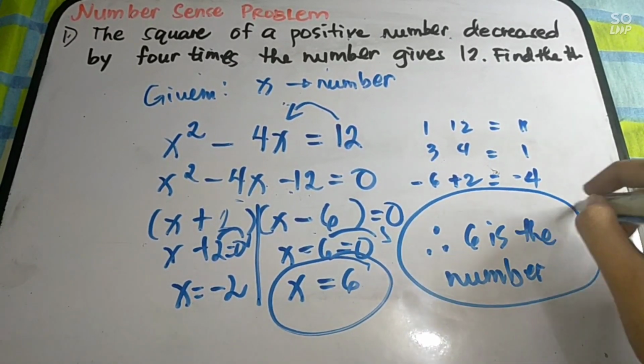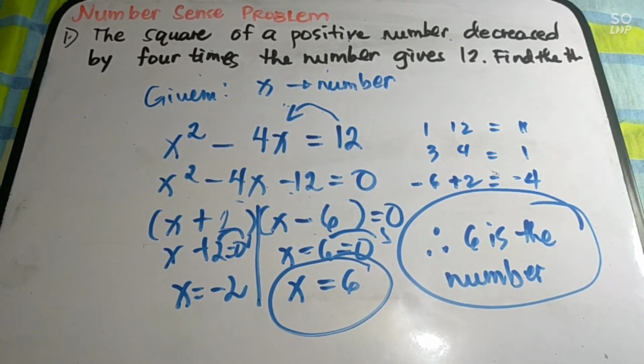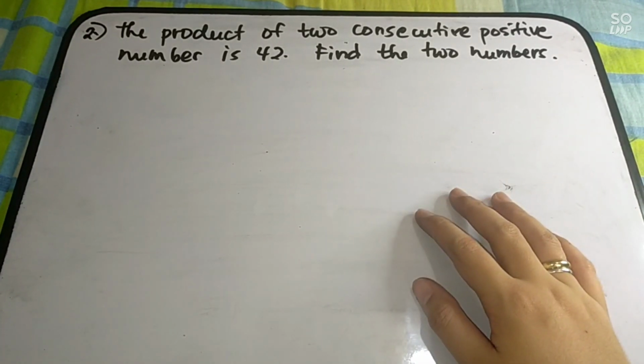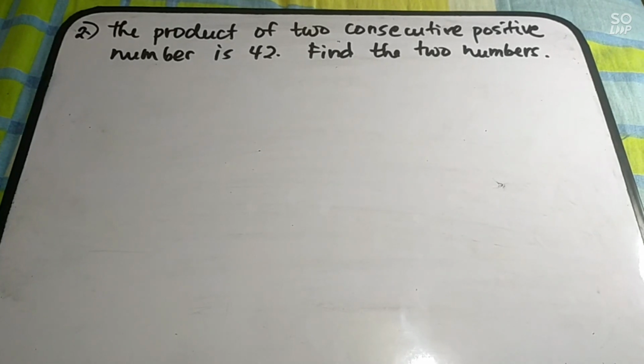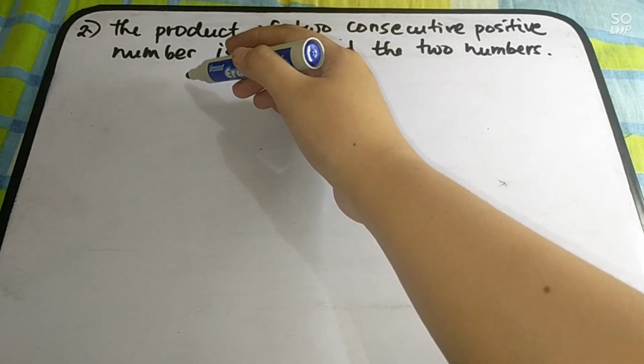Is it clear? So that is your final answer. Right? So that is for number 1. Let's move on to number 2. Number 2: the product of two consecutive positive numbers is 42. Find the two numbers. So since we have consecutive numbers here and two numbers are involved, we have your